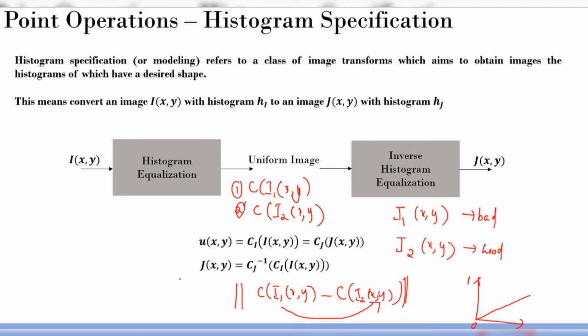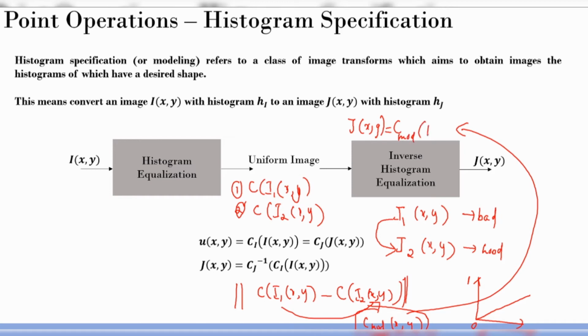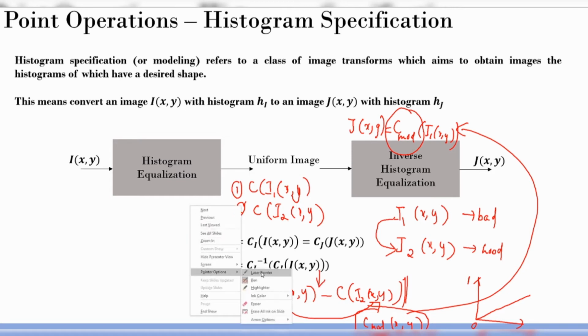And by doing this you will get a new function, let's say I call it C mod of xy, and this will be used to convert image I1 to look like image I2. So finally I will just put it here, sorry for the messiness. So maybe J of xy, the final image, will be something like C mod of I1 of xy. So the whole objective is to find the C mod, that transfer function. So how do I find this transfer function is using this expression. During the hands-on you will get a better understanding of this, but I want to make it very simple.